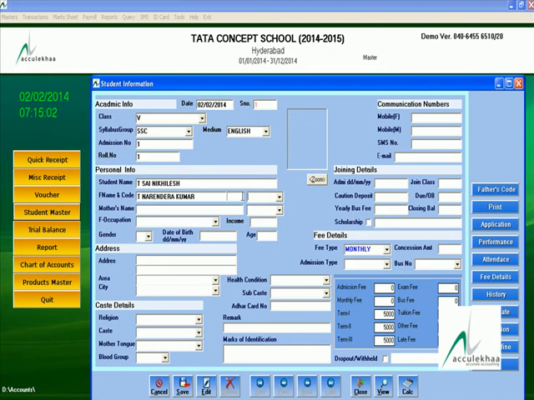And this is the father qualification in this particular combo. All the options are there.